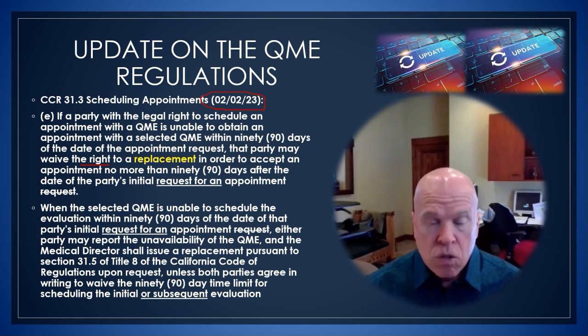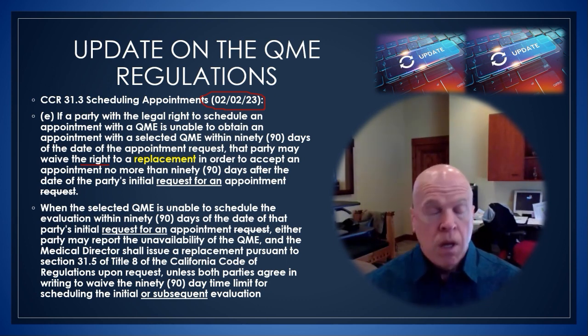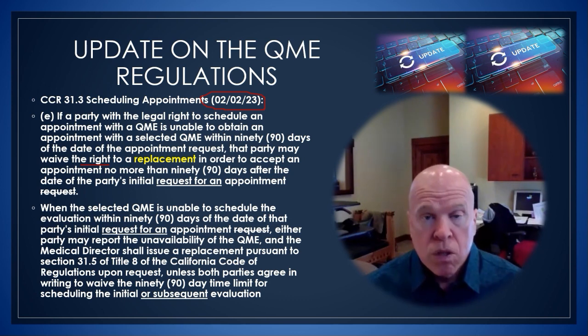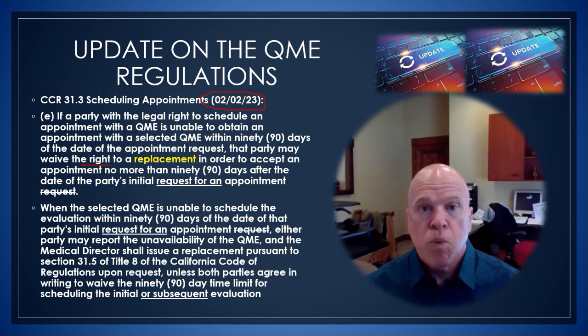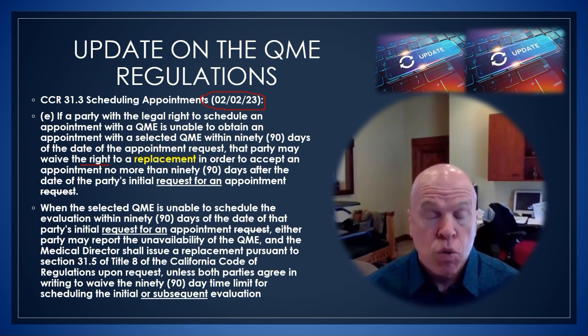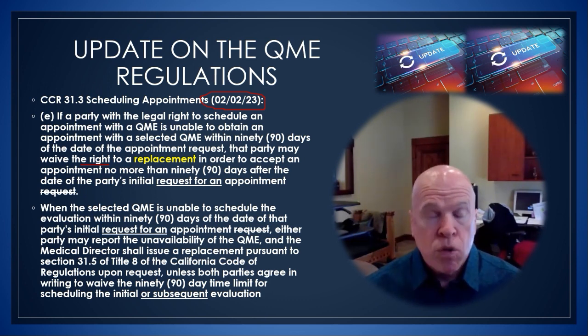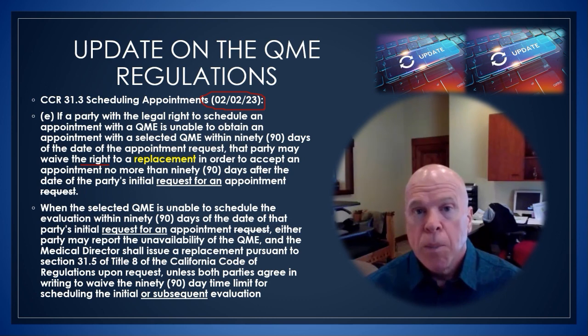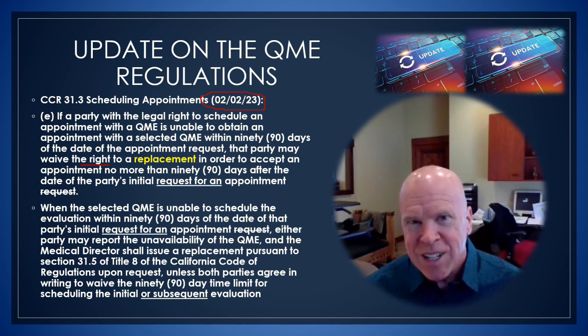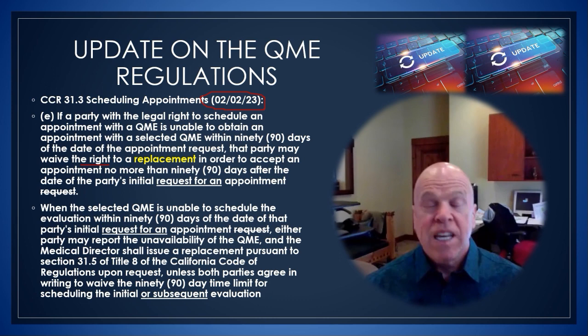Unless both parties agree in writing, okay, so now this requires an action step from the parties. Think about this. If you're not available until 125 days, both parties can still use you. In fact, if the party with the legal right to schedule the appointment has decided to wait for you for 120 days, okay, 30 days beyond the 90 days, if they've decided to wait for you, it's because they want you, okay? But after 121 days, no matter how much they want you, the other party